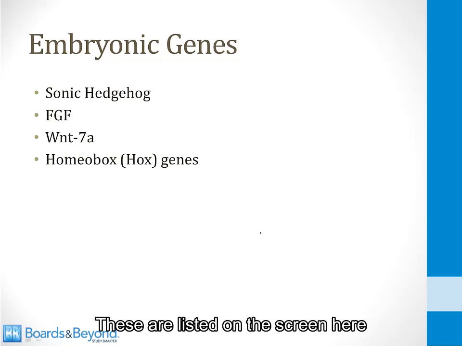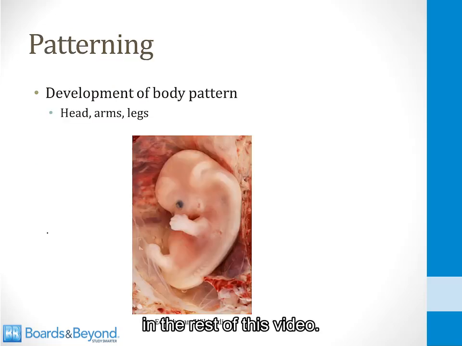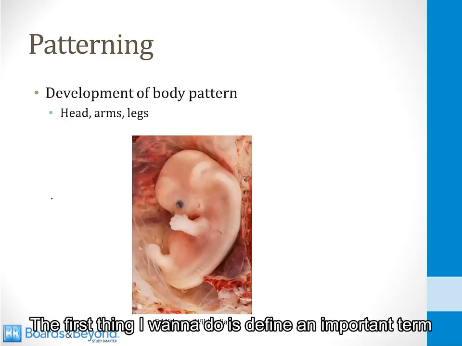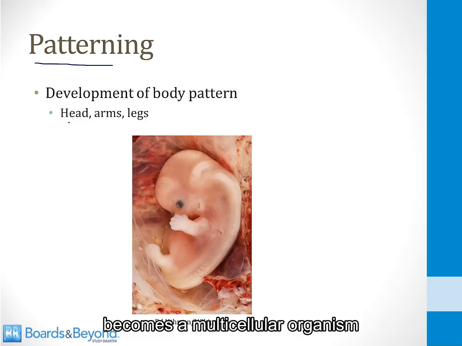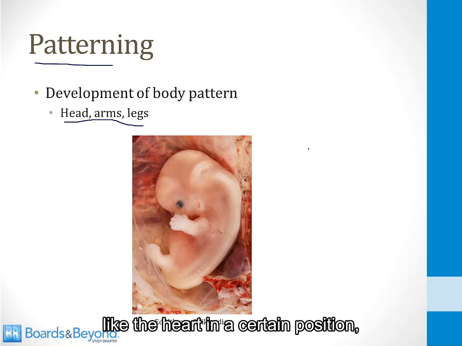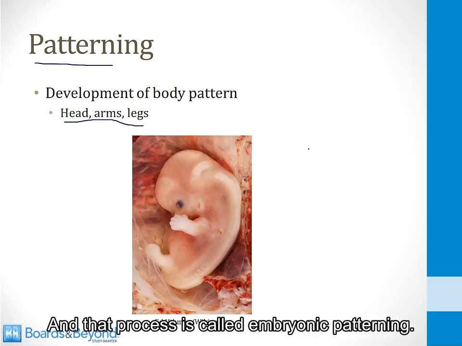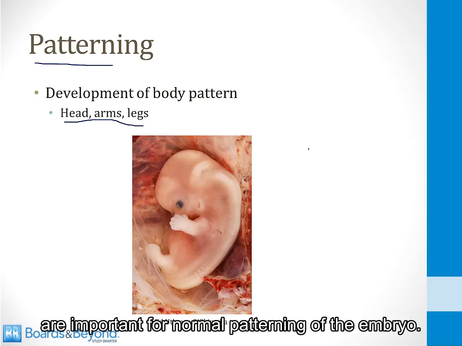These are listed on the screen here, and we're going to go through what each of these genes does in the rest of this video. The first thing I want to do is define an important term, and that's the term patterning. The fertilized egg, which is a single cell, becomes a multicellular organism with a head, arms, and legs, also with organs like the heart in a certain position and the kidneys in a certain position, and that process is called embryonic patterning, and many of the genes we'll talk about in this video are important for normal patterning of the